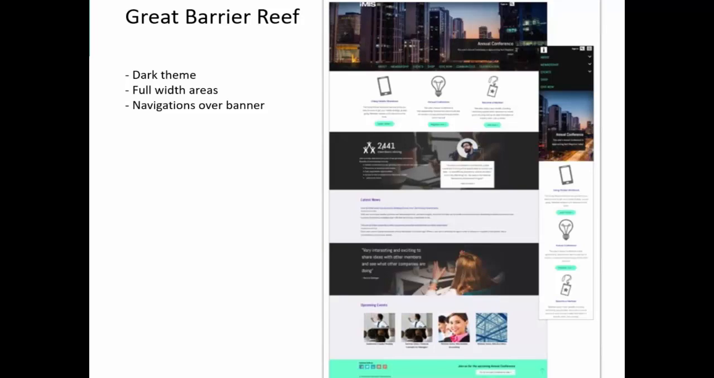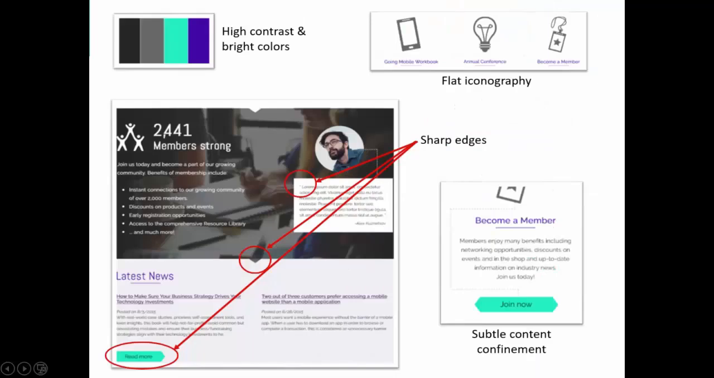As a result, we implemented full width areas which can now be used not only on the homepage, but on any internal page as well. We also took care of placing the logo, auxiliary navigation, and primary navigation on top of the slideshow iPart for this theme. When we take a closer look at the design elements of this theme,